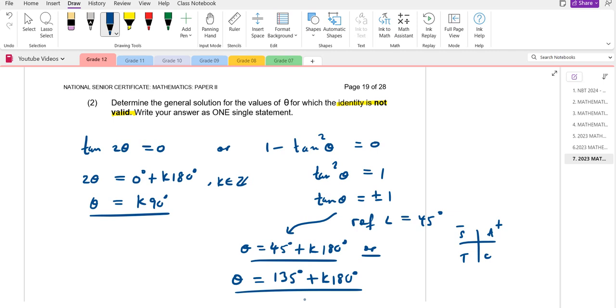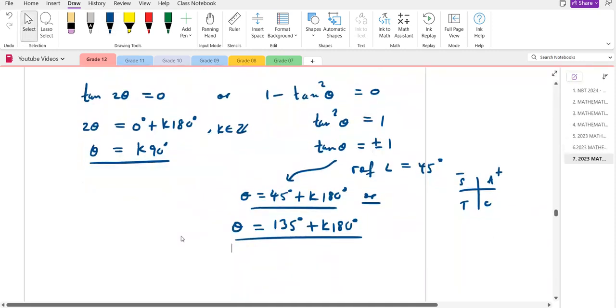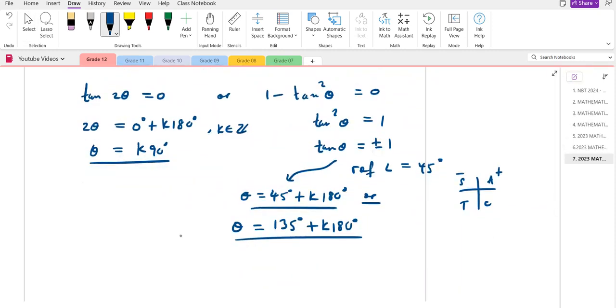So how can I write this answer down now? Write your answer as a single statement. K is 90. How can I write my answer as a single statement? Theta is equal to, we can think about whether